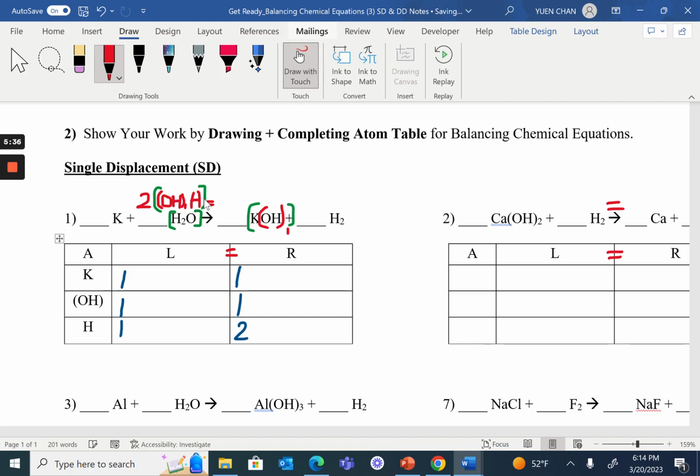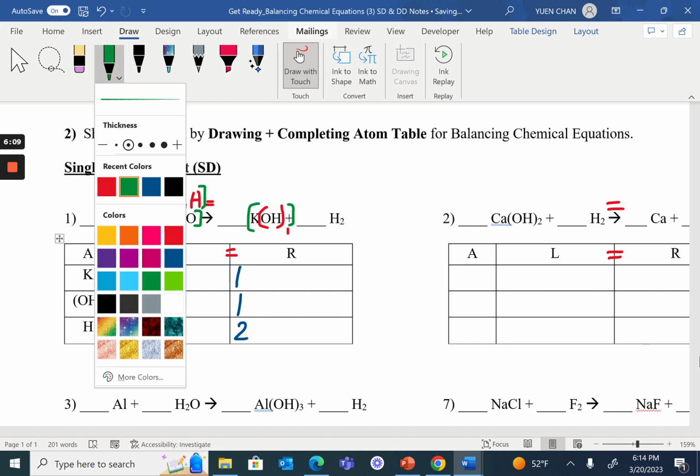in front of the OH and H because I want to make the H is 2. So I will put the 2 in front of H2O. Then I will also put the 2 in front of that to indicate that I need 2H. So when you do it, you are not just changing the H, but you're also changing the OH. Okay? So I change the OH to be 2. And I also make the H to be 2 also. Okay? Remember, when you put the 2, you have to change everything in the bracket. Okay? So then now you can see that